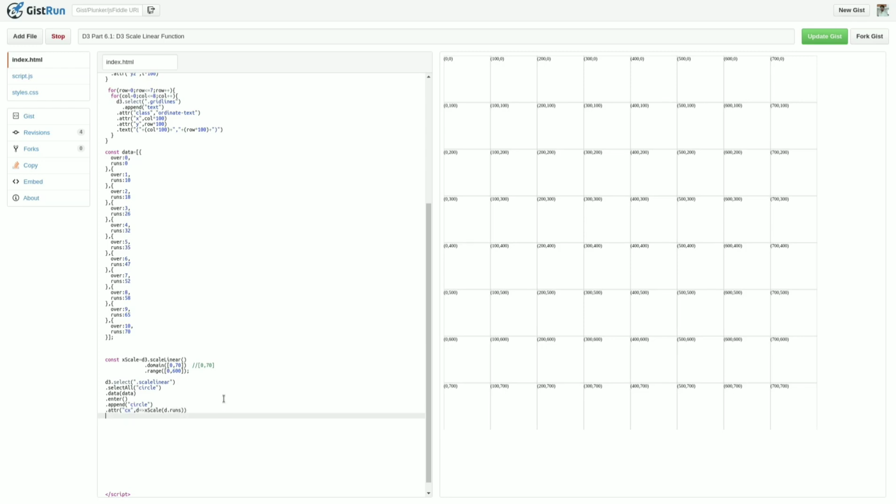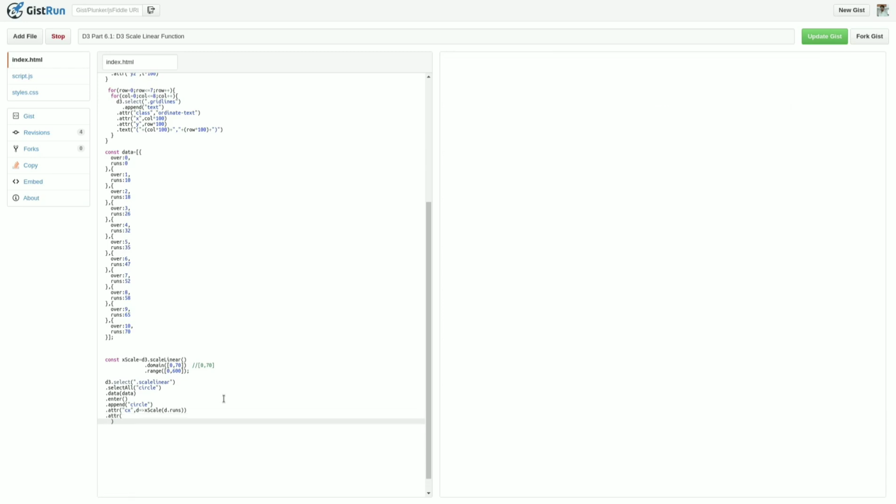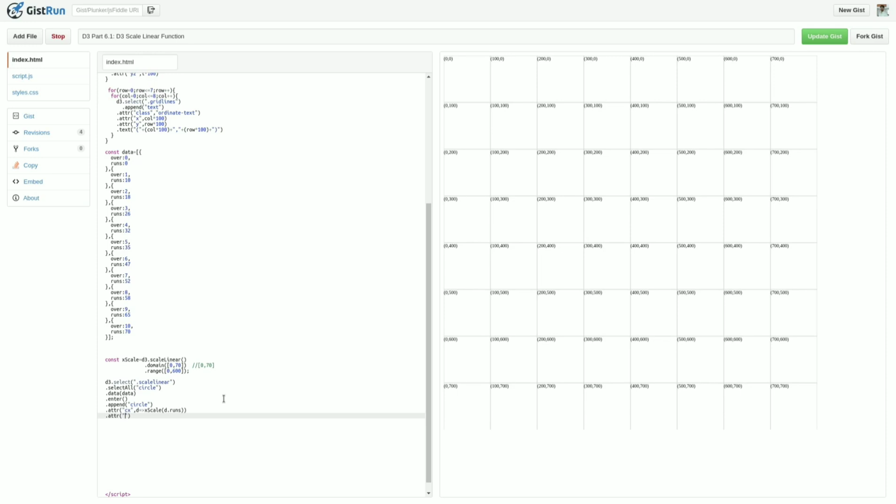Now I want to provide another attribute, that is cy. So I will provide it as 0. Now .attr radius for this circle, I want to give 10 pixels. So you can see your circle is available and I want to convert that circle into a style fill.